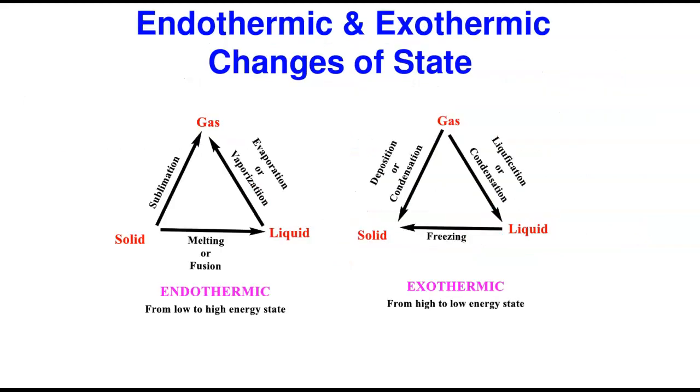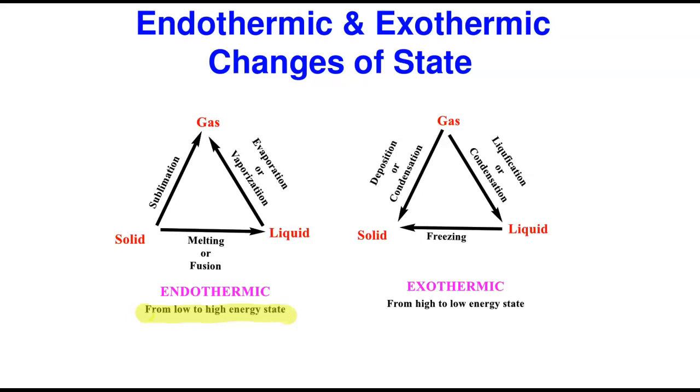So these are those changes of state that we need to be familiar with as we move on in this class. I have a very good diagram that explains these different types of changes of state. Like I told you, in an endothermic reaction, the change of state is from a low energy to a high energy state. Look at those processes that occur, and you need to be familiar with the terminologies and names. So let's see what they are.